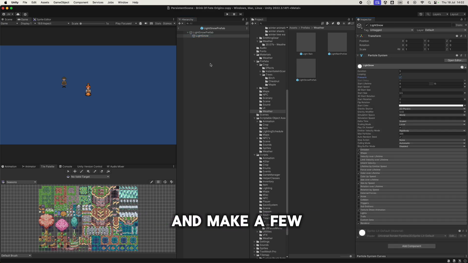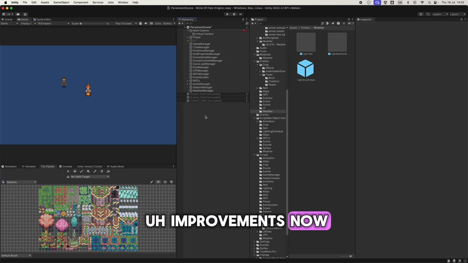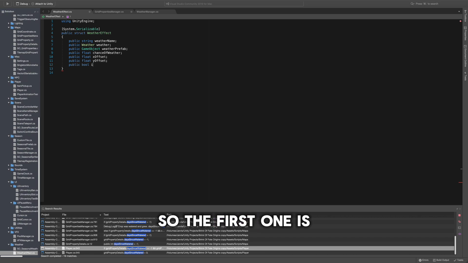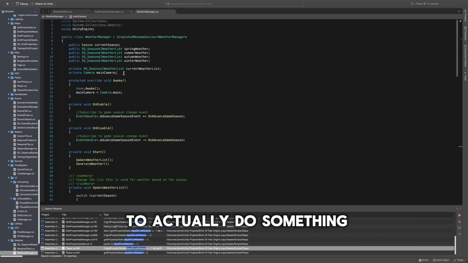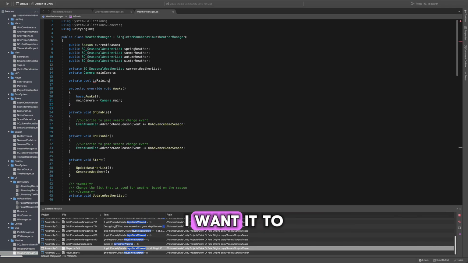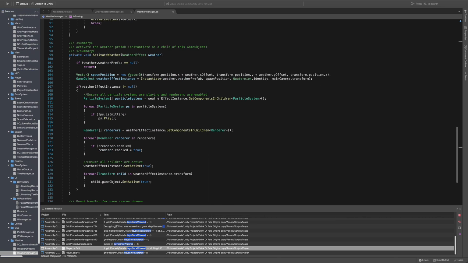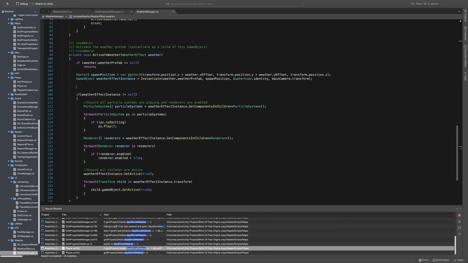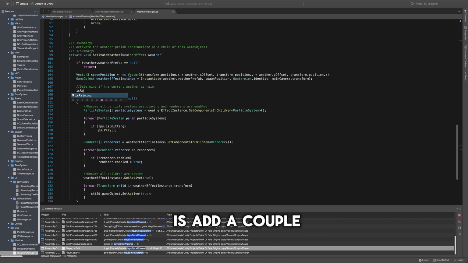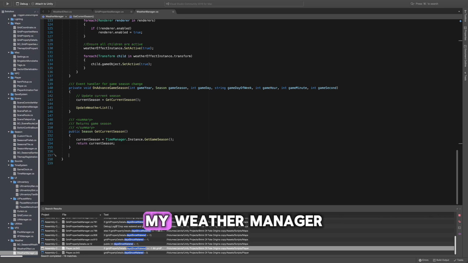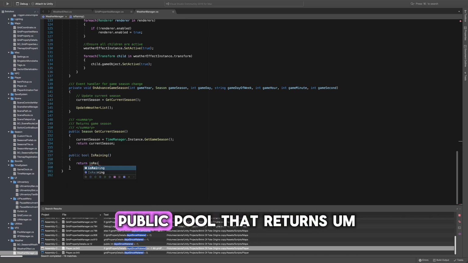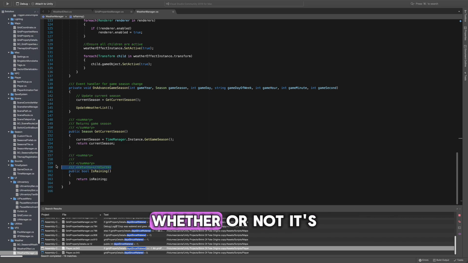So we're going to make a few improvements now. The first one is I want the rain to actually do something. I want it to actually rain and water my crops, basically. So what we're going to do is add a couple of variables to my weather manager. Also have a public bool that returns whether or not it's raining